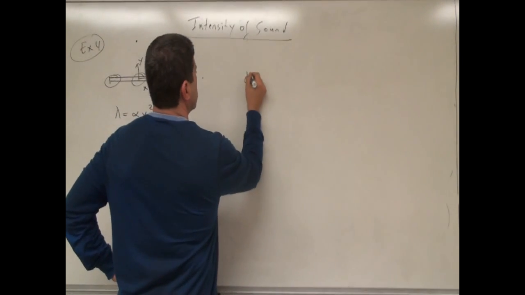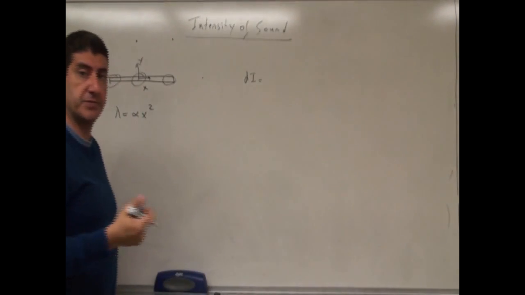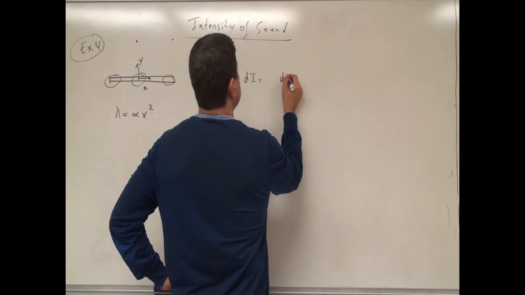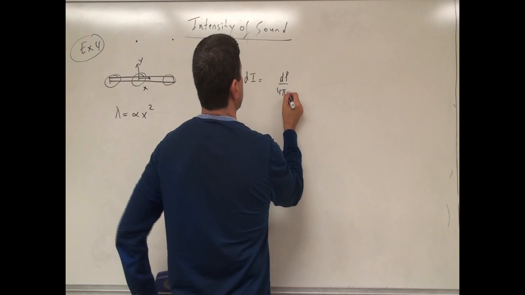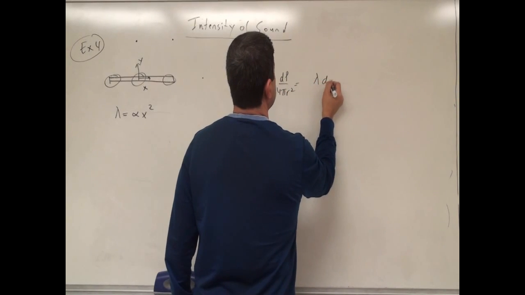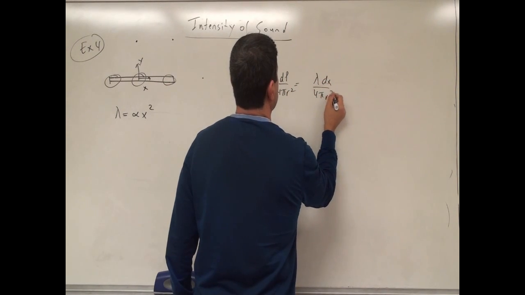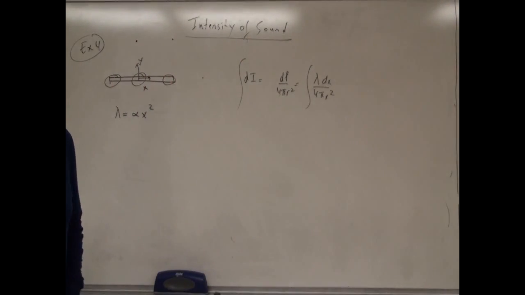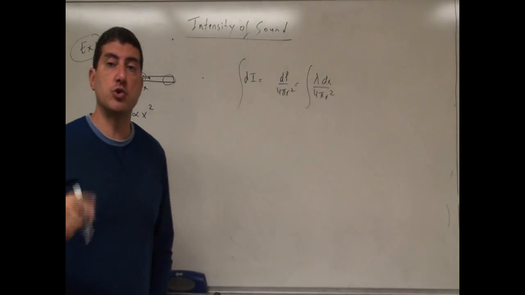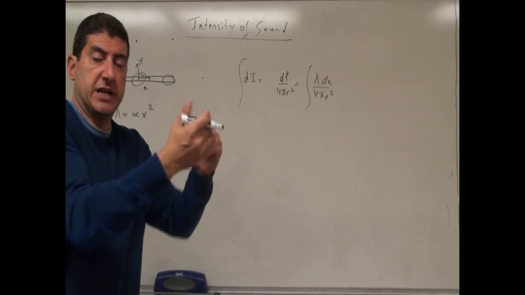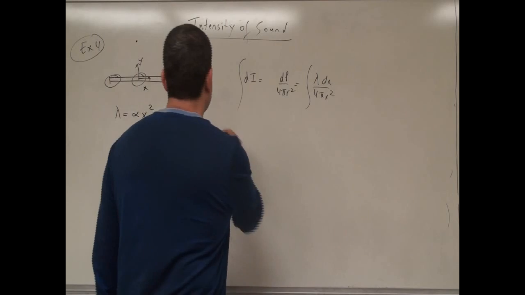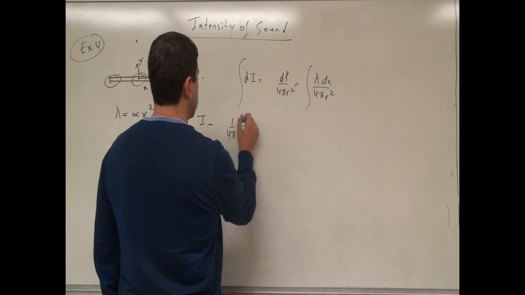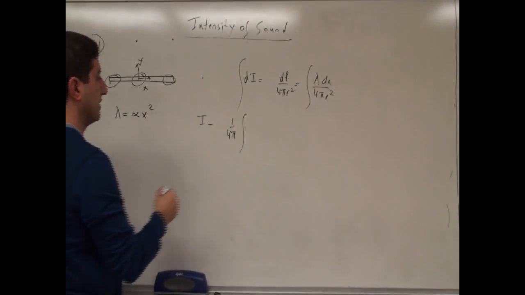The beginning is similar to how we did it for the uniform one. We say dI is equal to dP over 4 pi r squared, and then dP is equal to lambda dx, and then we integrate it. Now at this point is where the difference comes in. Lambda is no longer uniform, so we can't pull it out of the integral. So we say I is equal to 1 over 4 pi, and then we put in the lambda function, alpha x squared,